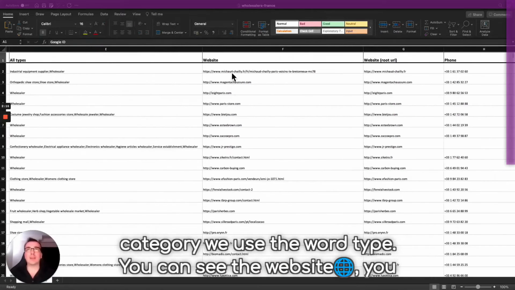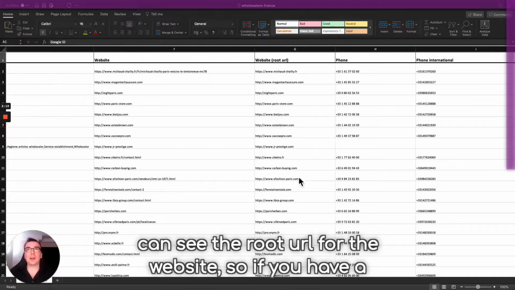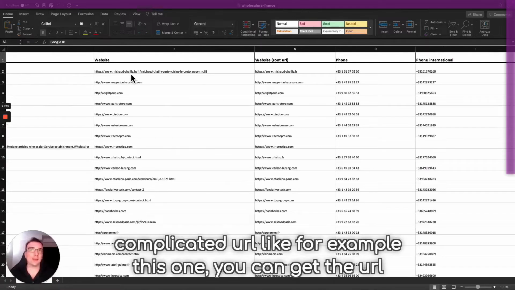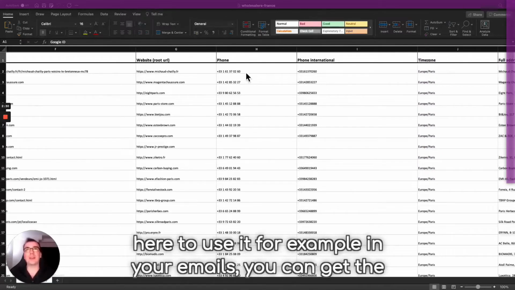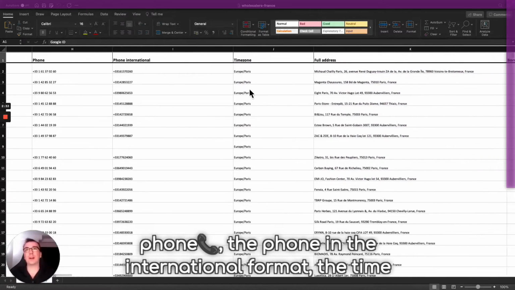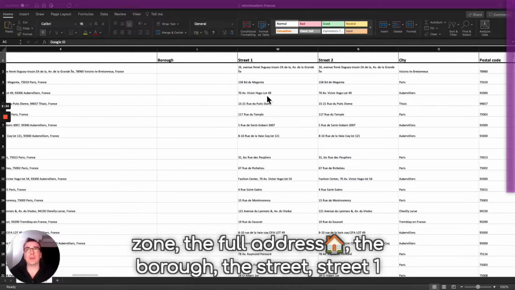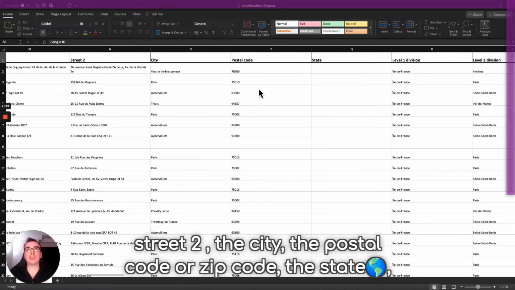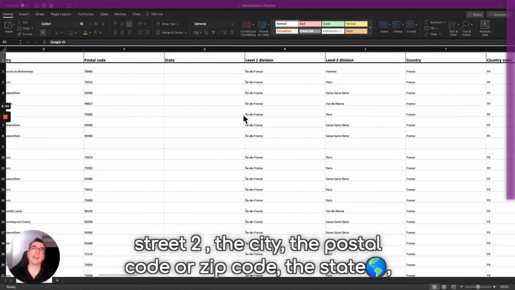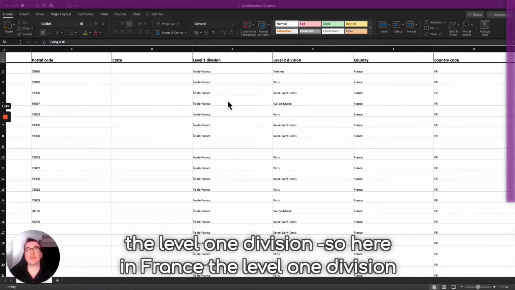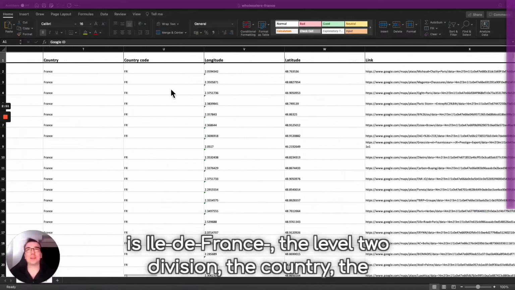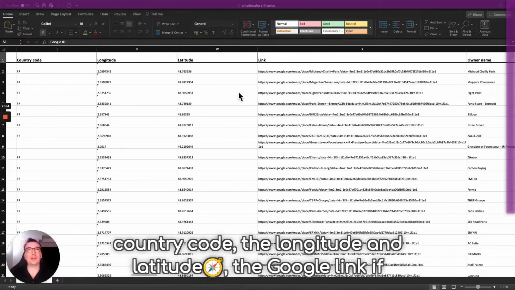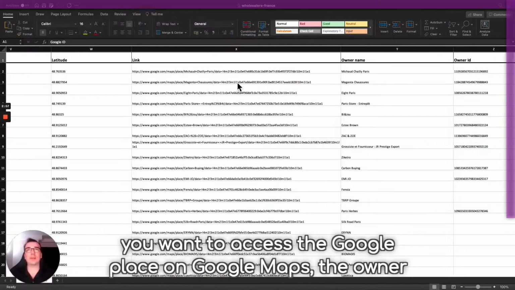So you can see the website. You can see the root URL for the website. So if you have a complicated URL, for example, this one, you can get the root URL here to use, for example, in your emails. You can get the phone in international format, the time zone, the full address, the borough, the street 1, street 2, the city, the postal code or zip code, the state, the level 1 division. So here in France, the level 1 division is Île-de-France. The level 2 division, the country code,